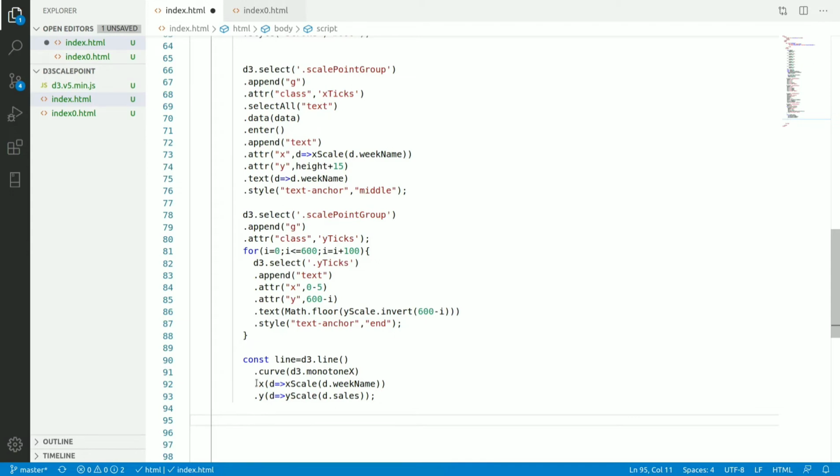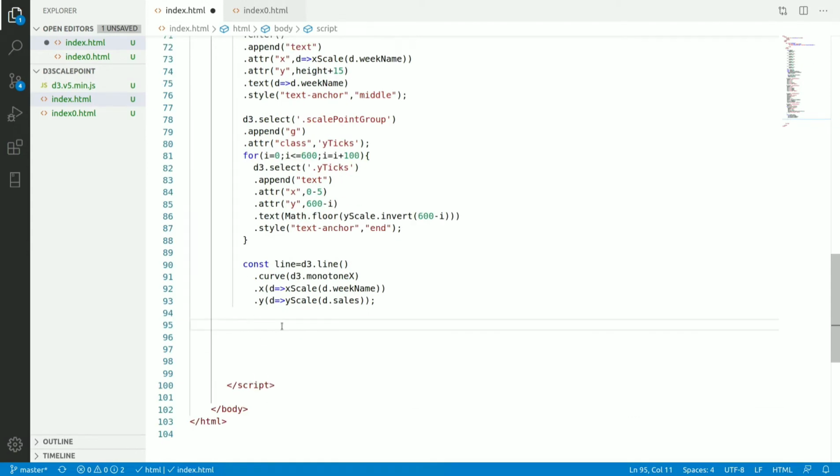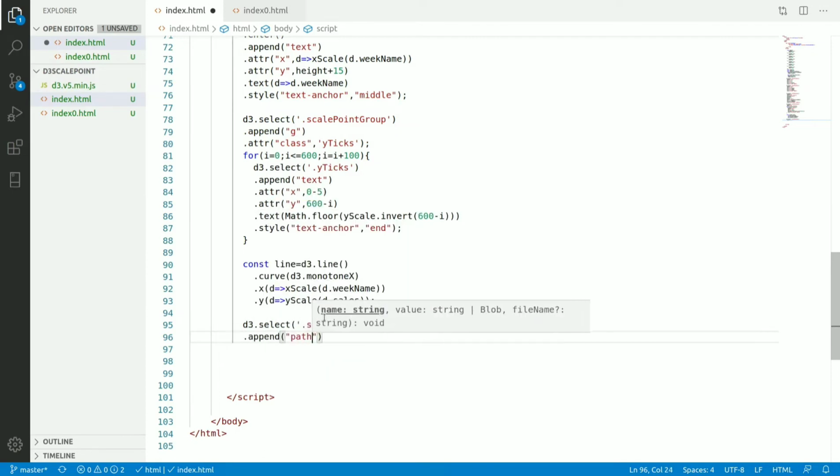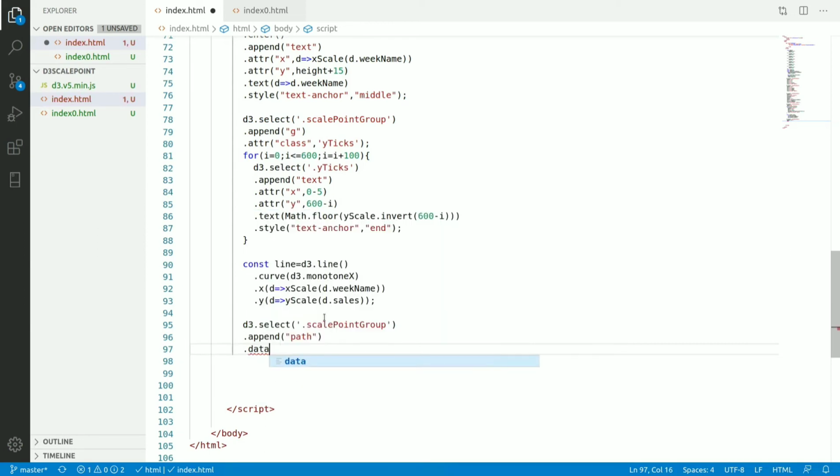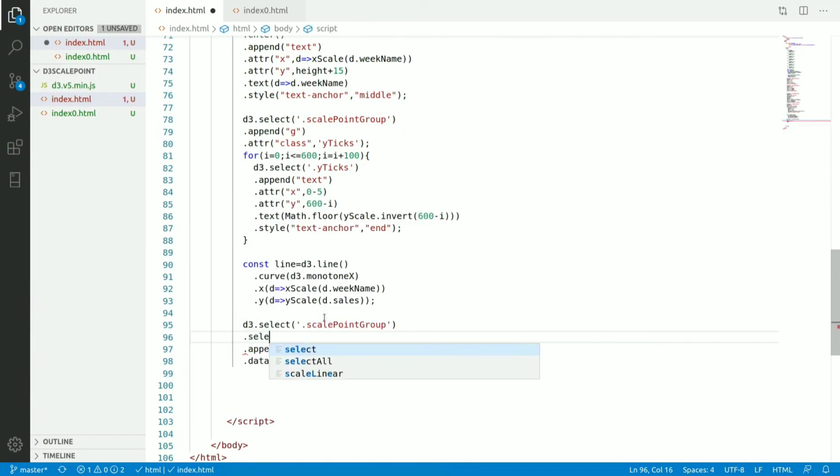Now what we will do here, I will append the line inside this SVG. So I will d3 dot select scale point group dot append path dot data. Either you can use the join. If I want to use the join, then I will use select all path dot data.